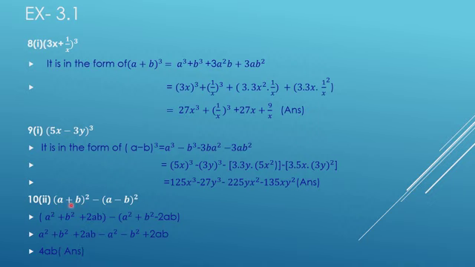Next sum is (a + b) whole square minus (a - b) whole square. Now if you see, these two terms in themselves are using two formulas. Now the formula for (a + b) whole square we know is a square plus b square plus 2ab. We have minus here. (a - b) whole square, we can expand in this form, a square plus b square minus 2ab. When you solve it, your answer will be 4ab, because plus a square and minus a square becomes 0, like plus 4 and minus 4 is equal to 0. Similarly, plus b square and minus b square is again 0. So you have plus 2ab plus 2ab, so this becomes your 4ab.